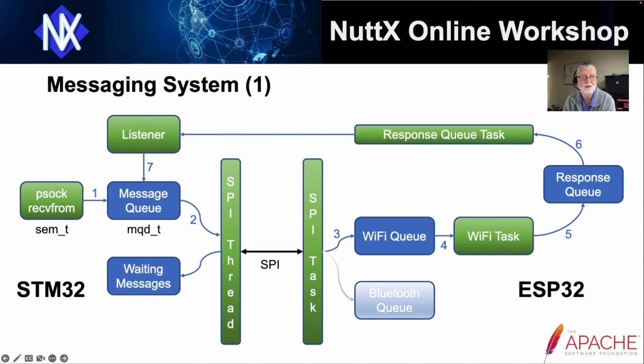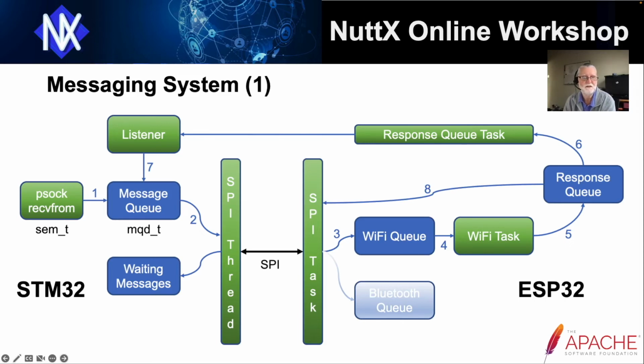So this message goes in the message queue, and the SPI thread, through the same interface as we sent the original request through to the ESP32, can then say to the ESP32, I believe you've got some information for me. So the SPI task on the ESP32 receives this,